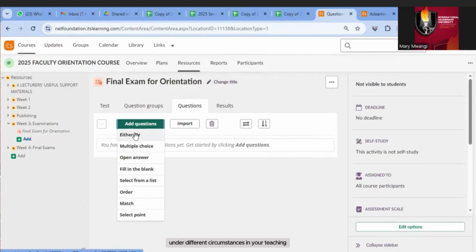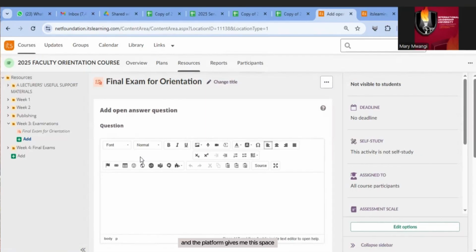At the different circumstances in your teaching, you probably might want to put either all kind of questions or multiple choice questions, open answer, fill in the blanks, or select from a list and so on. But for the purposes of the final exam that I'm uploading today, and for most final exams at ILU, they require open answer type of questions. So I will select open answer,